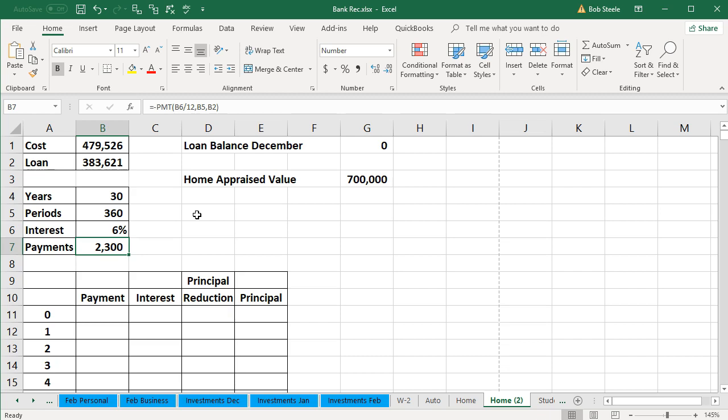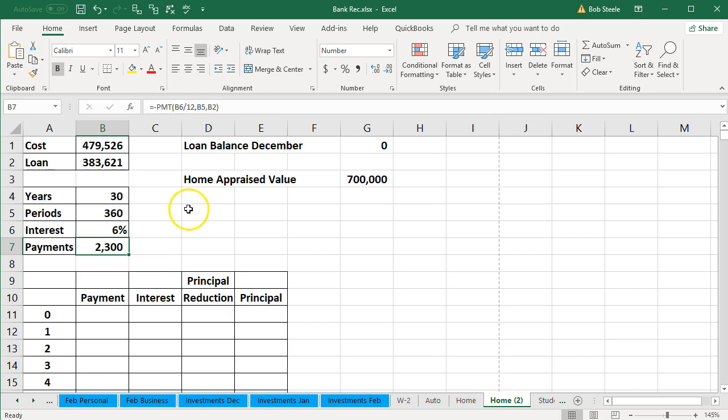What we don't know is how to break out this payment between interest and principal each month, and the problem is it's not the same from time period to time period. We'd have to do an amortization table to do it properly. So that's the pros and cons of it. So what we'll do then is create this amortization table.